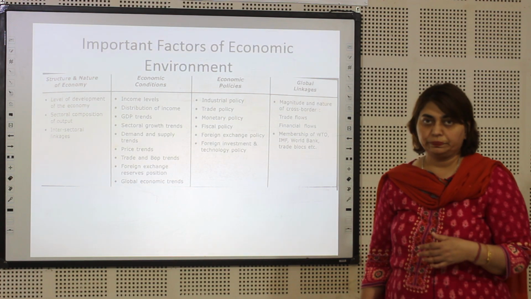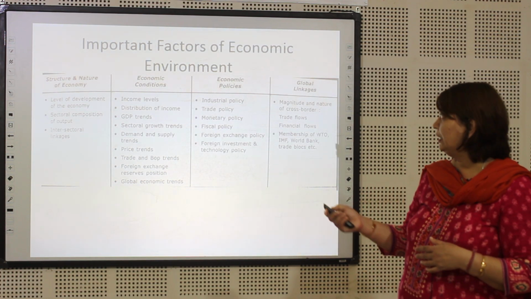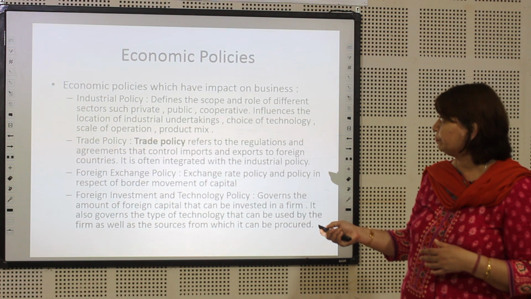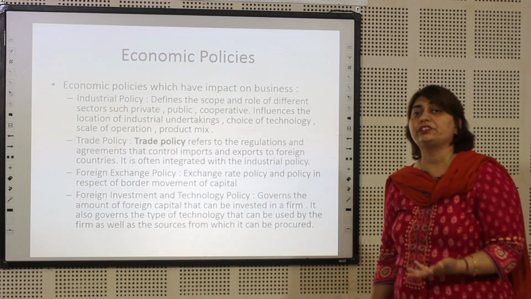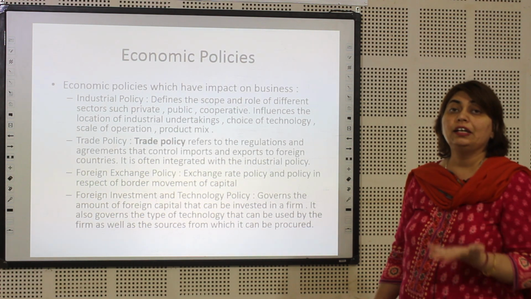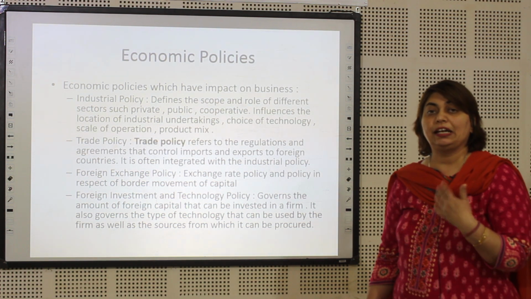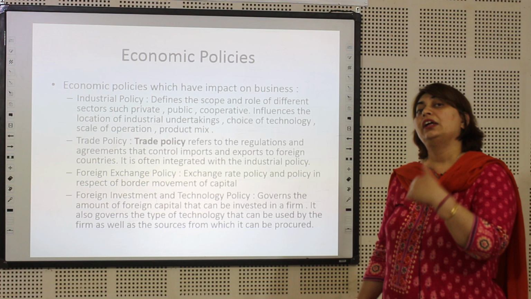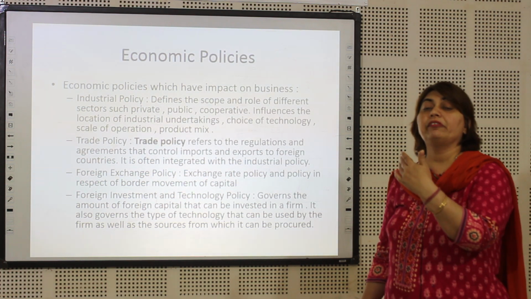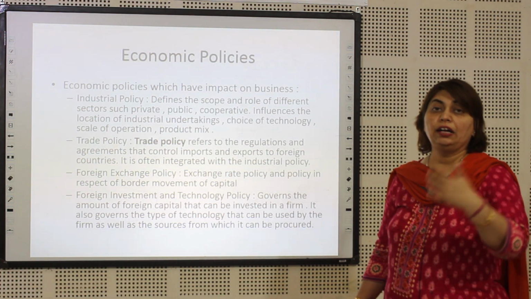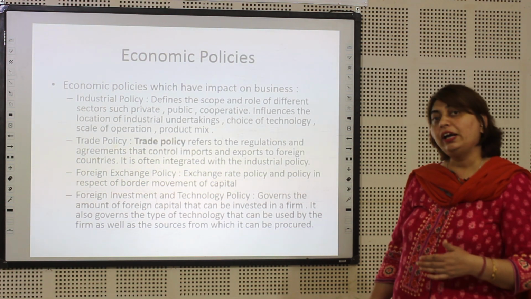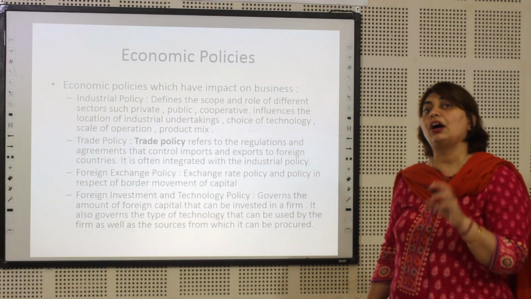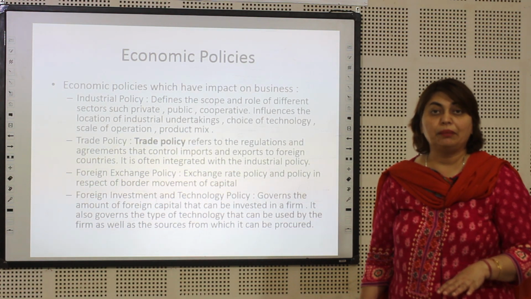very important role. If you look at these policies as such, industry policy, it actually defines where an industry can come in, what is the scope of the industry, where can it operate. Trade policy defines where the industry can actually trade, to which countries they can trade, and what goods and services can they trade. Foreign exchange policy regulates the amount of foreign exchange that actually can come in or actually can